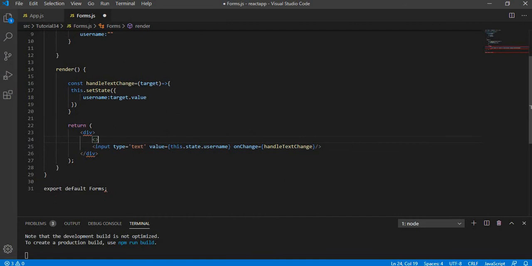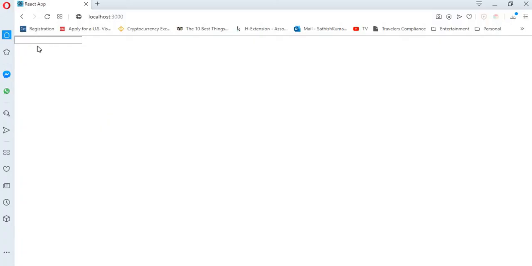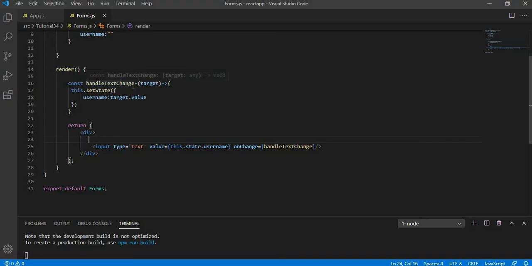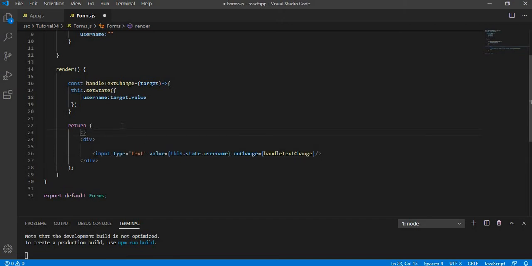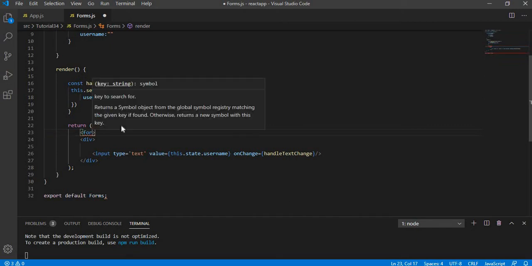We have kept a div tag, and only the input type for username is present. We add an input type as text, and a text box appeared, and right now React.js is controlling it. Still, it is not a form element. So in order to make it a form element, what do we need to do? It is a bit difficult. Please understand. You have to give form over here